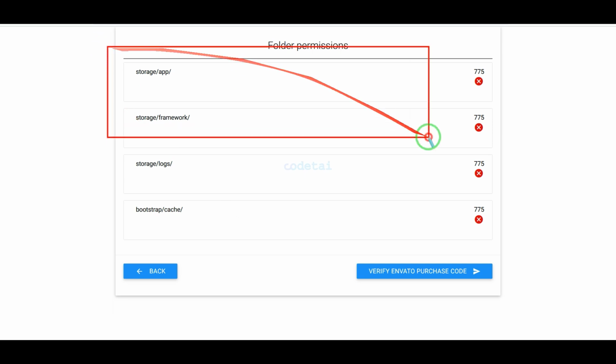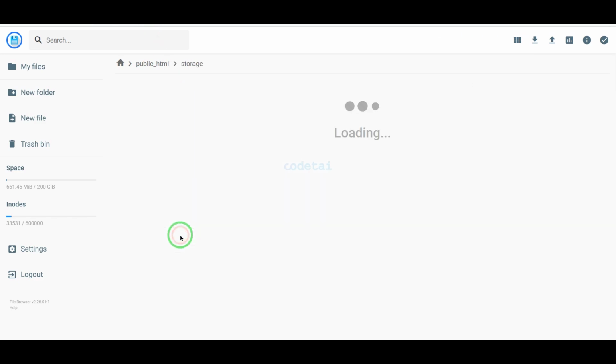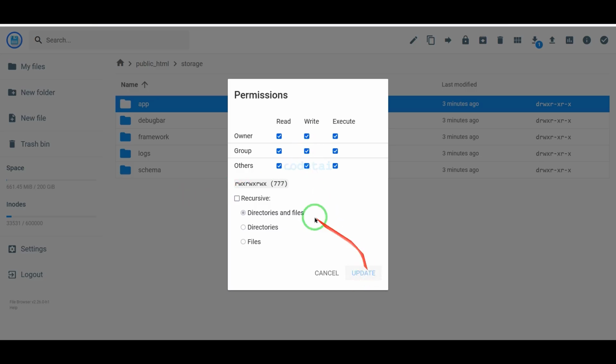Now we need to add permissions to some folders. So now we will learn how to add permissions to folders.